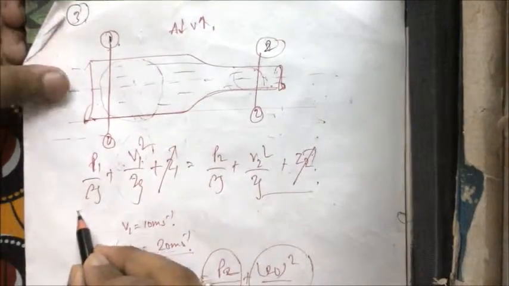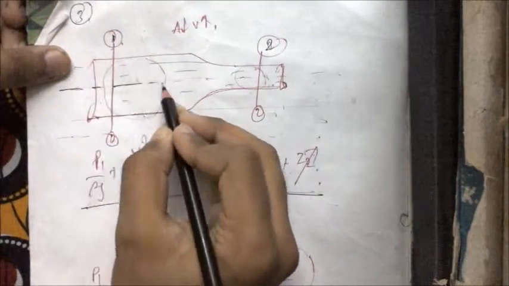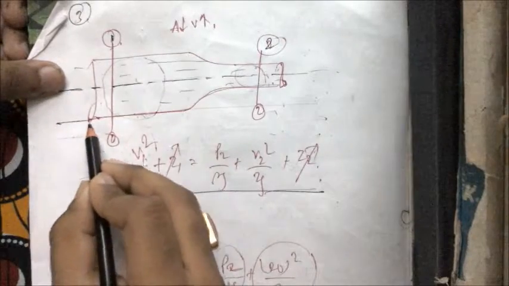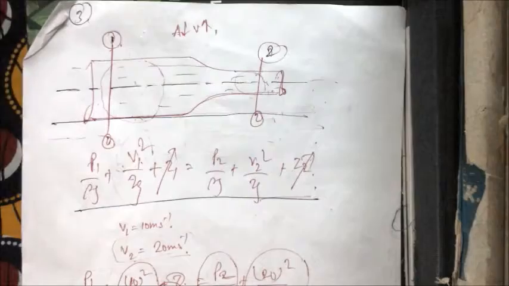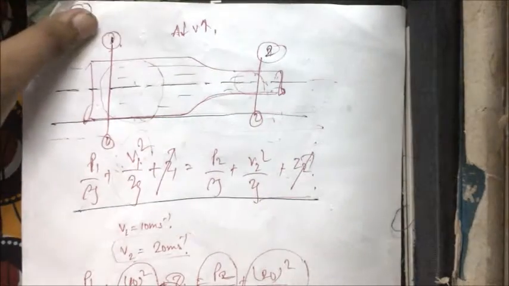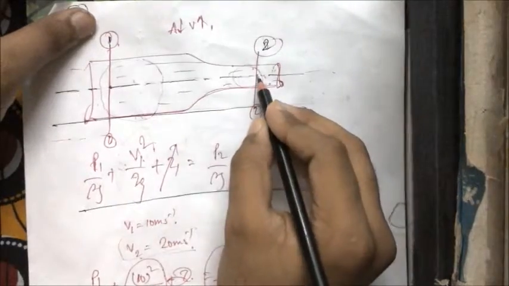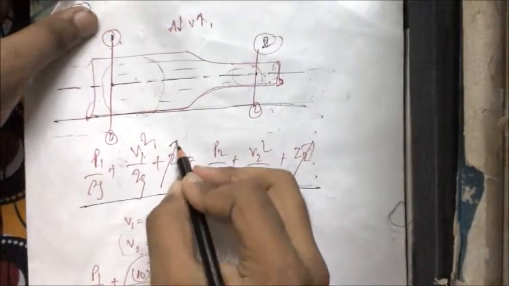So writing the Bernoulli's equation, now this is the center of the pipe. If I take this as the datum, or you may take the center also as the datum, you can see that the elevation of point 1 and point 2 from this level is actually the same,